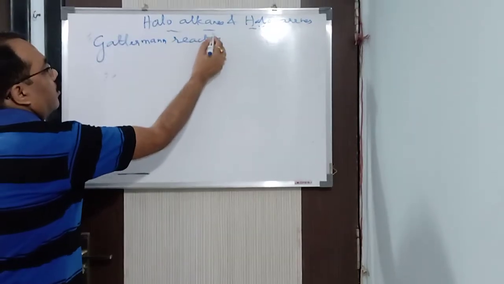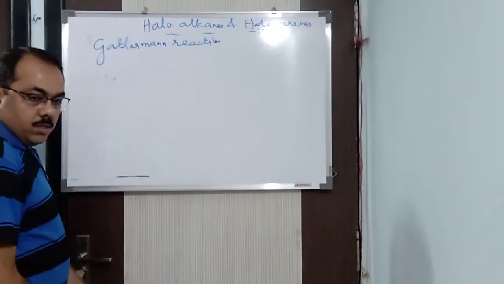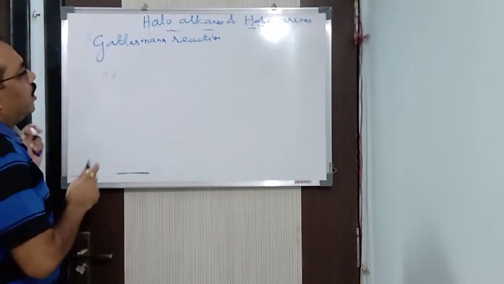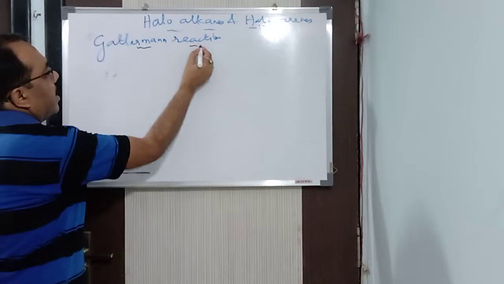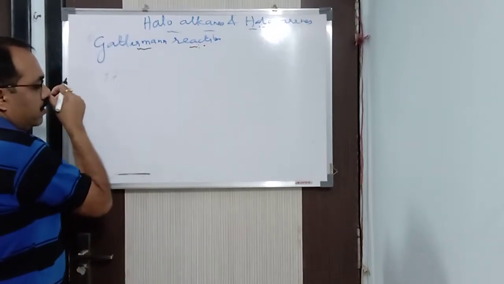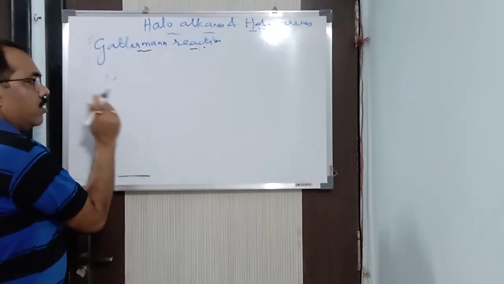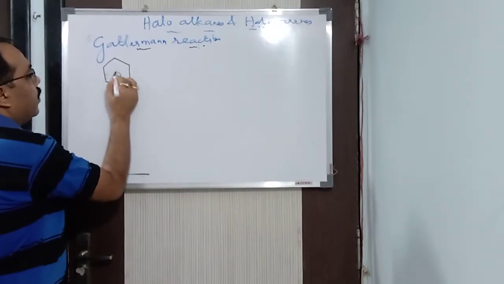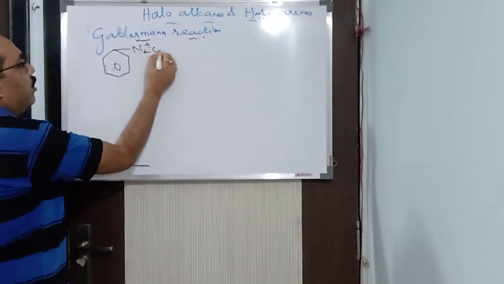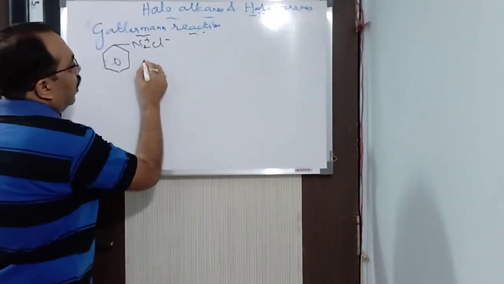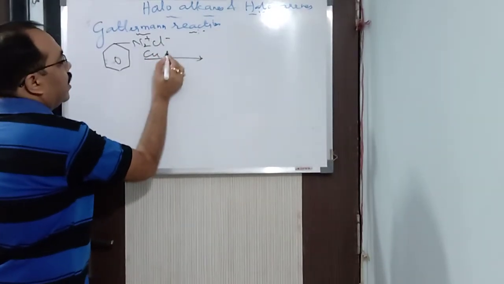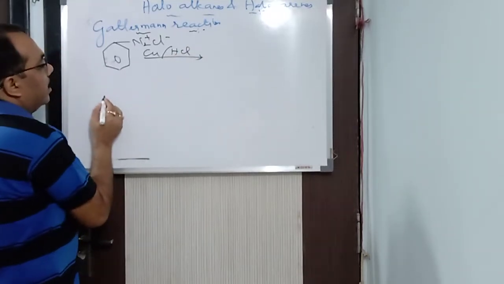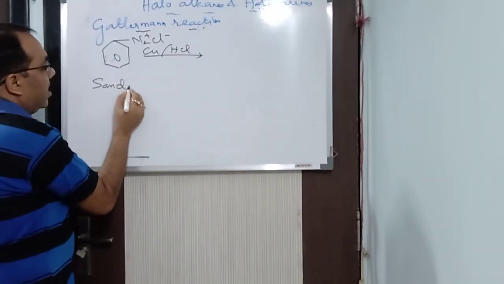Gattermann's reaction we'll do. In this, we basically have two types of reaction, let me tell you. We have Gattermann's reaction and Sandmeyer's reaction. The difference is that in both cases we are using the same thing, a diazonium salt, that is benzene diazonium chloride, N2+ Cl-. In case of Gattermann reaction, you will be using Cu and HCl. Got it? And in case of Sandmeyer's